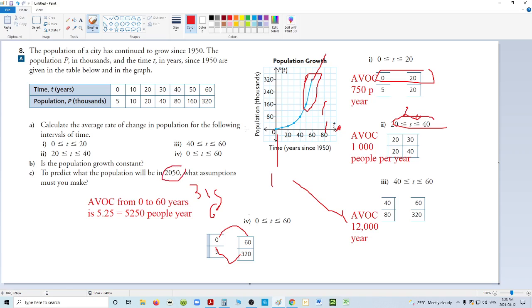Well, 250, since 0 is there, 250 is at the end of the graph, and since this rate of change between 50 and, or 40 and 60, is 12,000 per year, and the population was 320, and if you notice, each 10 years the population doubles. So from 70 the population will be, let's do it like this,